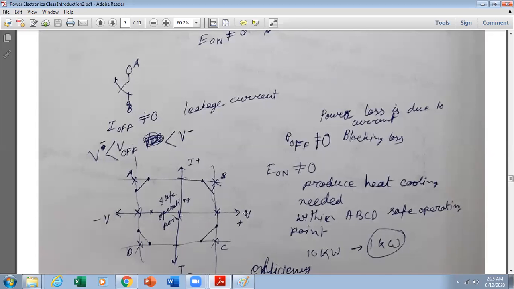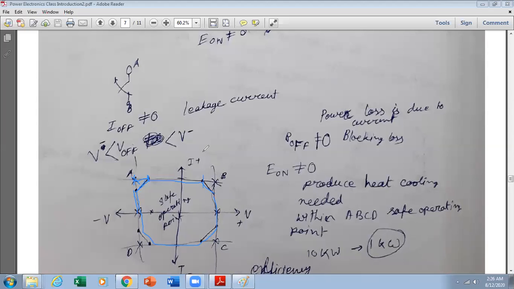So power loss is, since it is due to current, you can see in this picture that current here has some value, suppose this. So current we have to consider a bit reduced. So this is the current we have to consider, but the voltage we will consider the maximum value. This is the maximum value of voltage, so we will consider this portion. Similarly, in this portion also, there we will consider the current at a reduced rate. Here also we will consider. So this way, this is actually the safe operating region.